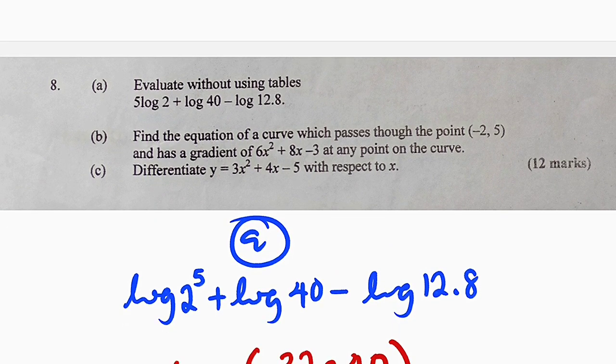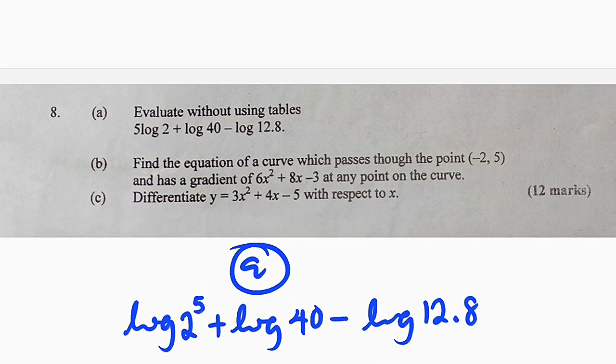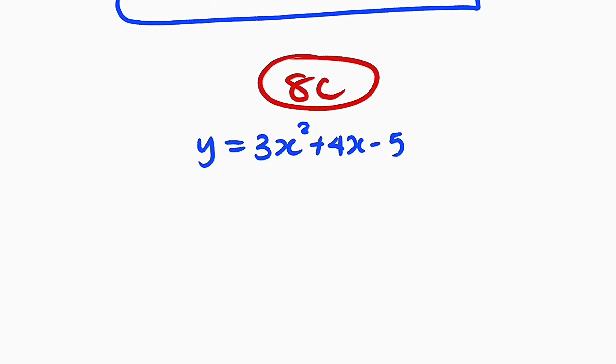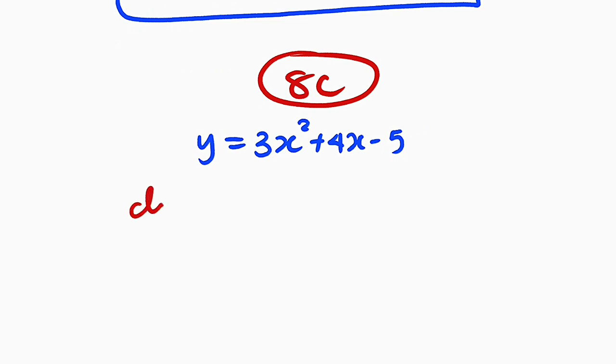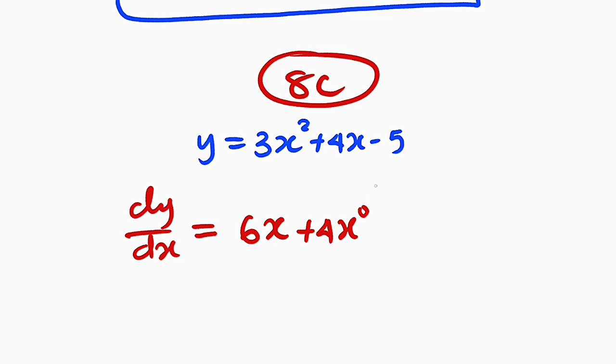we are asked to differentiate the function 3x squared plus 4x minus 5. So we are asked to differentiate this function, dy over dx equal to, this 2 will drop down to multiply. 2 times 3 is 6. X, subtract 1, it becomes 1. You don't have to write it. Then this has a power of 1. It will drop down to multiply 4. Then x raised to the power of 1 minus 1 is 0. So x to the power of 0 is 1. So you don't have to write it. And derivative of constant is 0. So you see,